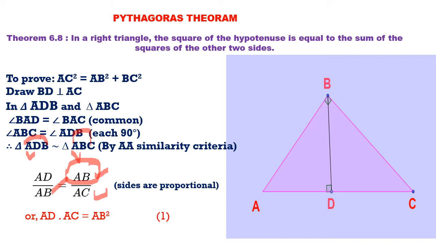Once you have taken the ratio, cross multiply them, and you will automatically get AB square, which we needed. Here also in the question there is AB square. So after you get AB square, what is remaining in the cross multiply? The next cross multiplication remaining is AD cross AC, that is, the product AD times AC.